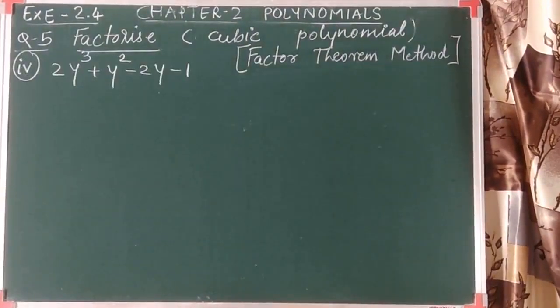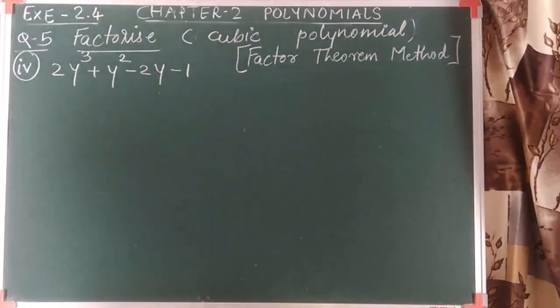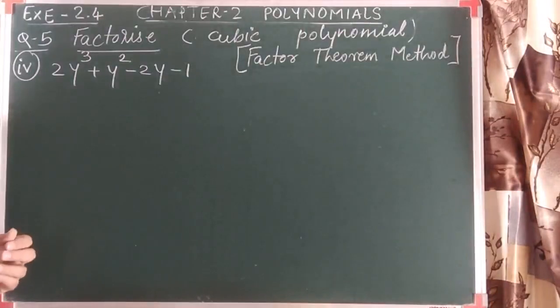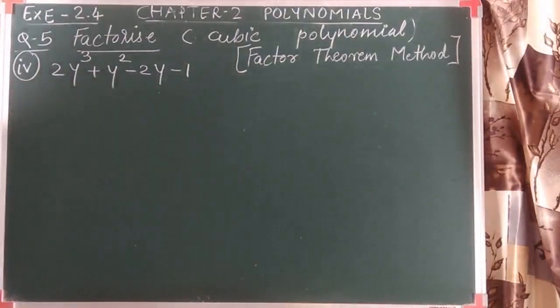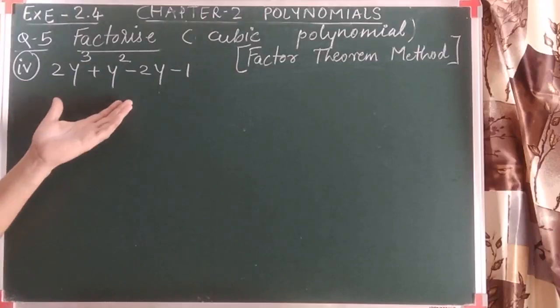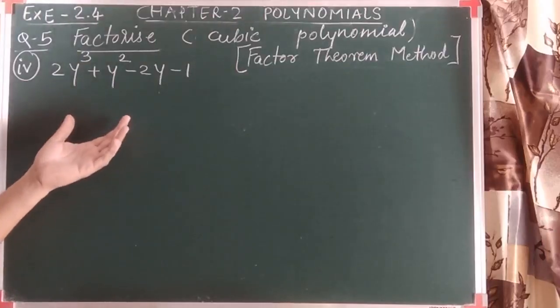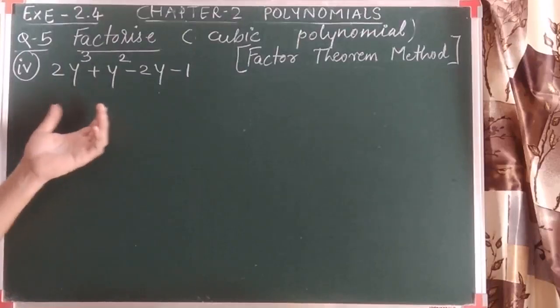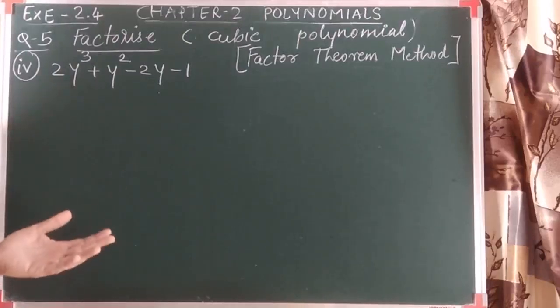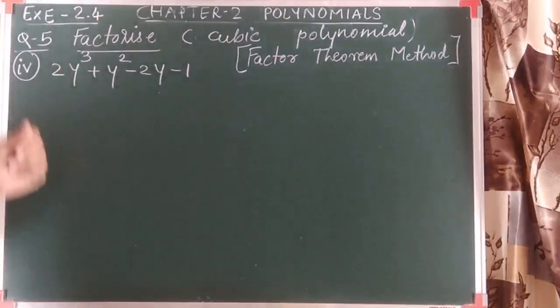Let us see one more question. But we'll try to solve this by one simple way. It is not compulsory that this method is applicable to all cubic polynomials. That is why we did not use this in the previous two questions. So you have to identify whether the formula I am going to explain is applicable. If it is applicable, then it is the easiest one. But when it won't be applicable, then you have to go for the previous methods we discussed.